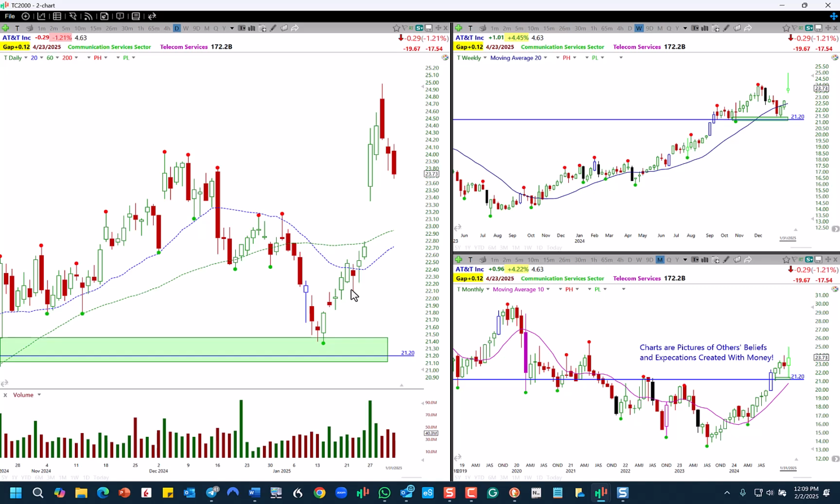So we could use multiple time frames. We could use moving averages to understand where they are on multiple time frames. And we have to use patterns to tell us when to act. And so these patterns, I put the little note here. Charts are pictures of others' beliefs and expectations created with money. And that's a much better way of understanding charts when you understand trends in multiple time frames, support, resistance, patterns